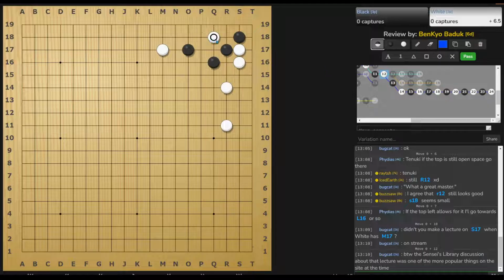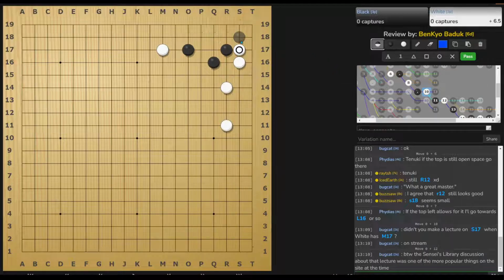So like this peeping and attach. If black has the ladder, black can attach. If black doesn't have the ladder, black's already very, very bad here and shouldn't even block this. So when you block this, if white has this stone around here, then you actually have to check the ladder before you block this because white has this move. Okay, but let's move on